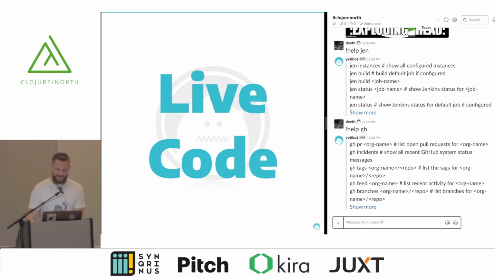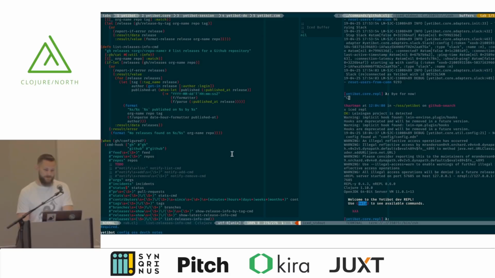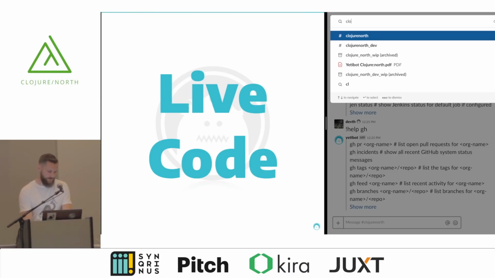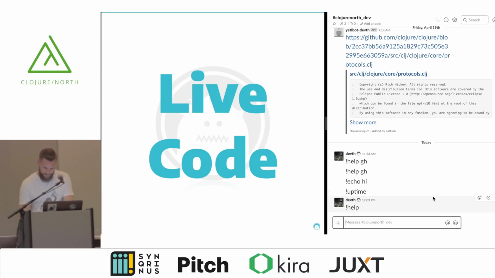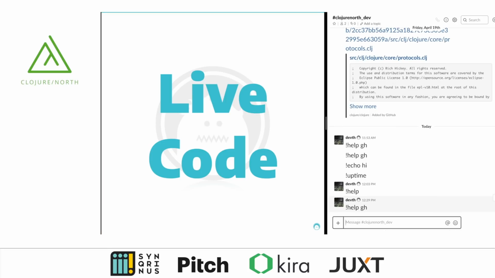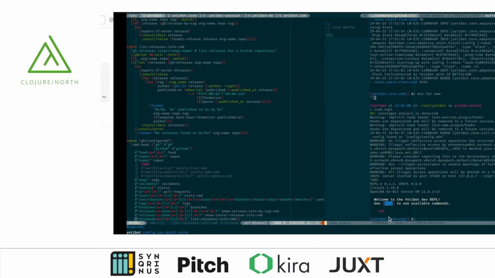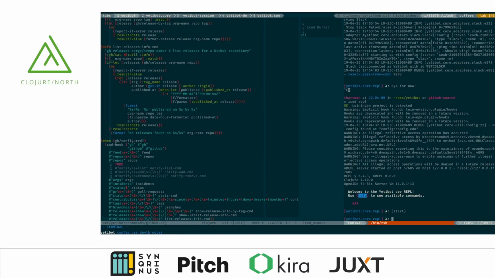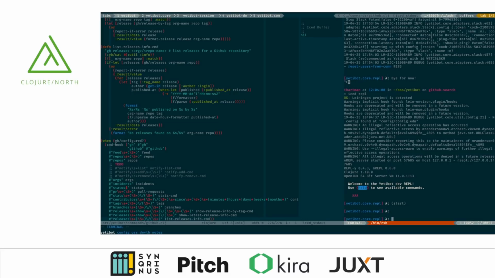So now we'll switch over to a live coding session just to demonstrate the typical pattern of contributing to Yetibot. For a long time, I've wanted the ability to search GitHub, and the GitHub command has a lot of subcommands, but search is not yet supported, so let's add that. Over here, this is the API namespace for GitHub that handles a lot of the API calls,